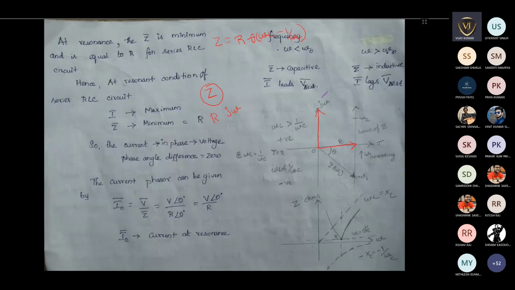Then I am choosing the value of omega as 0 at the initial condition, and I am moving omega from 0 to infinite. If I move omega from 0 to infinite, we are going to see what different conditions can occur. At omega is equal to 0, as I discussed before, if you substitute omega is equal to 0, you will get XL as 0 and XC as infinite. So in this case, XL is lesser than XC, so the XC component is more. If the XC component is more, then, is my screen visible to you?